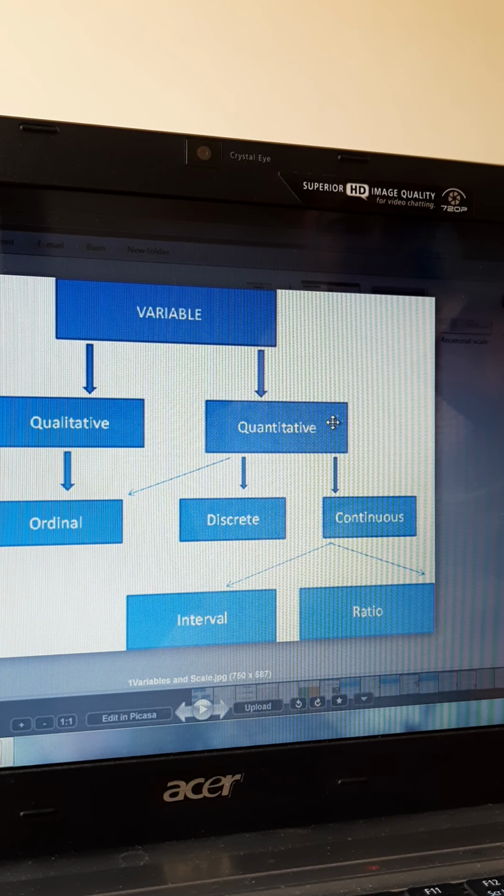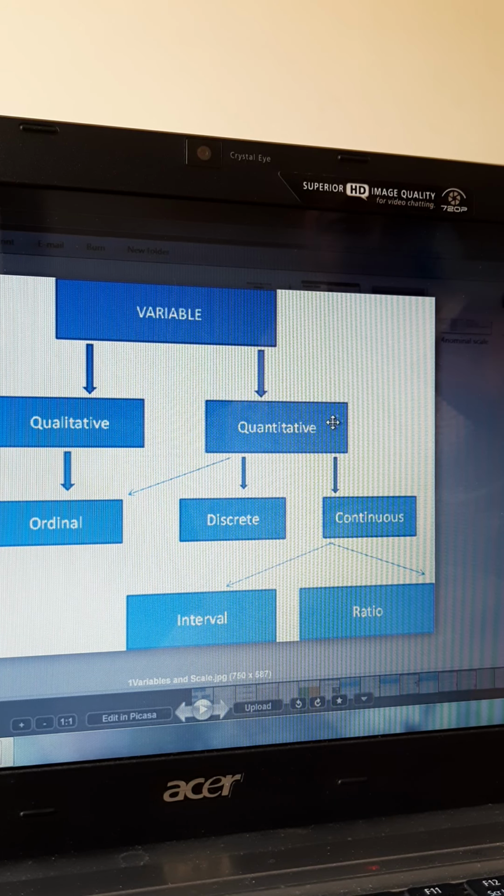Let us go to the next aspect. What is a non-parametric test? Non-parametric tests are when your questions in your questionnaire are set to nominal scale or ordinal scale. When it is set to nominal scale, the data you have is known as nominal data. When the scale is ordinal scale, then it is known as ordinal data. Please understand this very clearly.